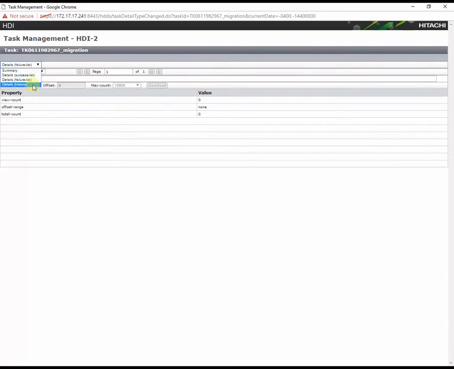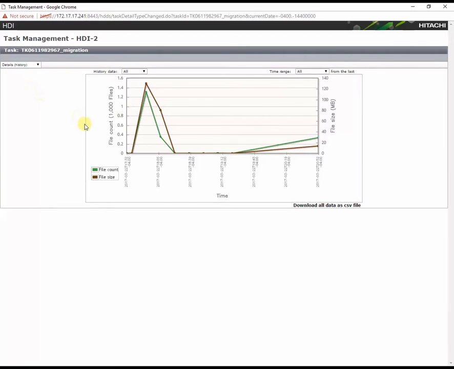It also gives you a details history report. This report just logs information about each migration on the file count and file size. Now, it retains it for longer than the last two migration events. It retains it for as long as the logs are retained on the HDI and not rotated out. So right now the time range is all, but if you were looking for something specific, you could say 1